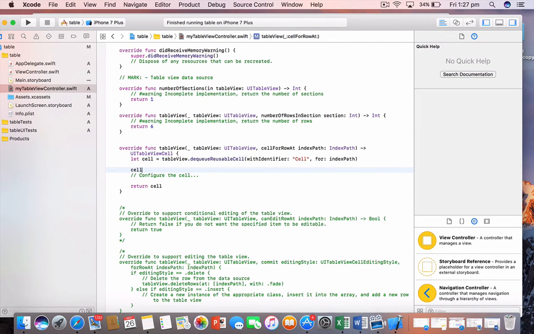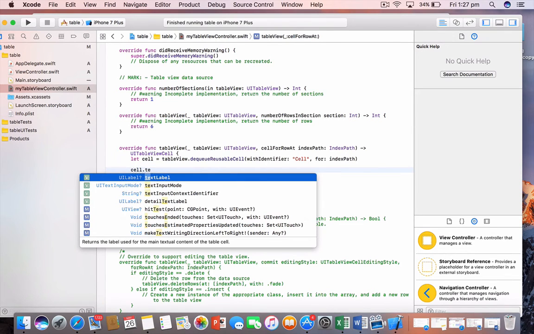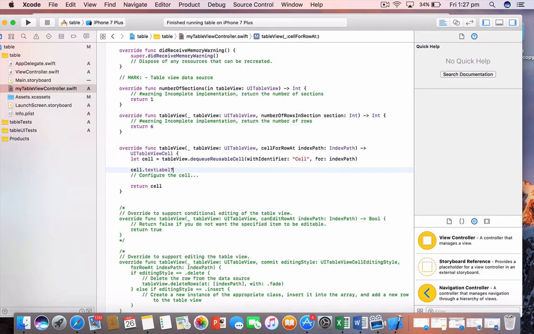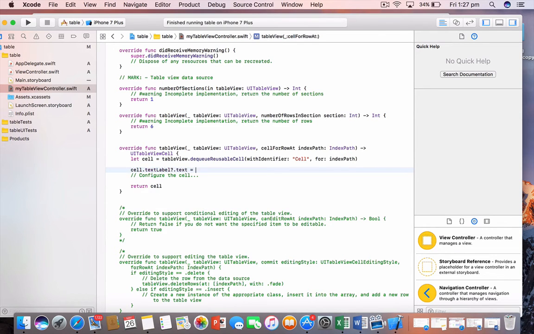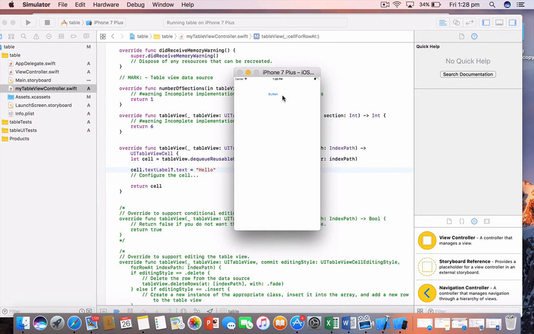So we're going to go cell dot text label. We need to put a question mark in after that. Dot text, and we're going to set that equal to, let's say, hello. And we'll see how that changes the code. So here we are. Click the button, and now we get the text that we selected, hello, hello, hello, hello. Again, having one word repeated isn't very useful,